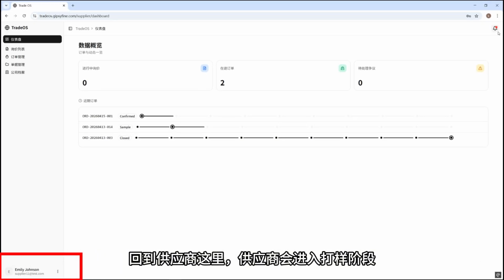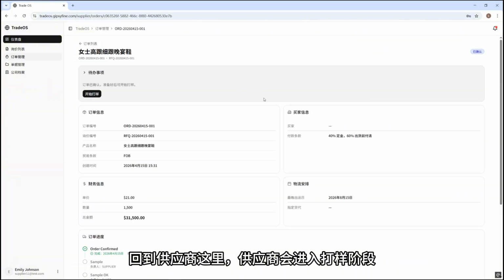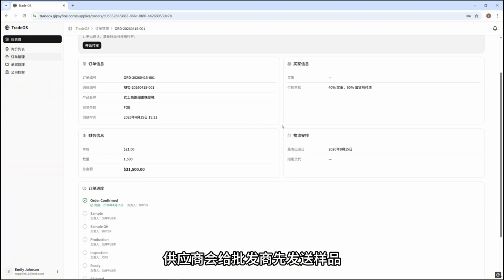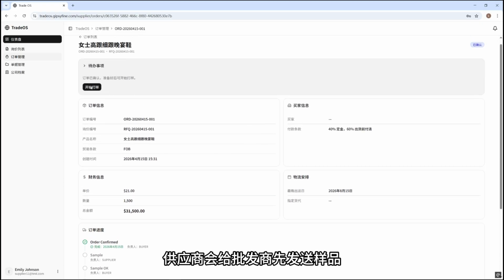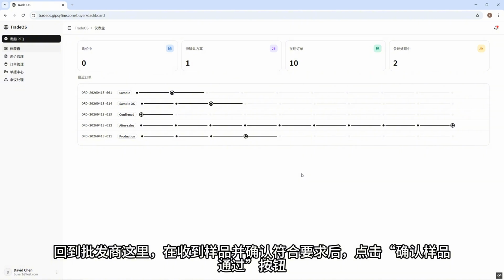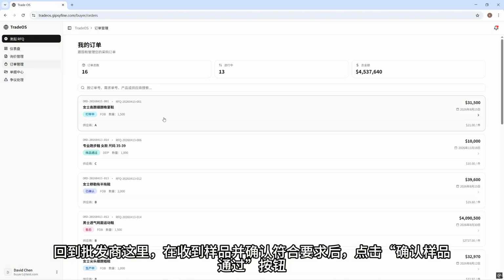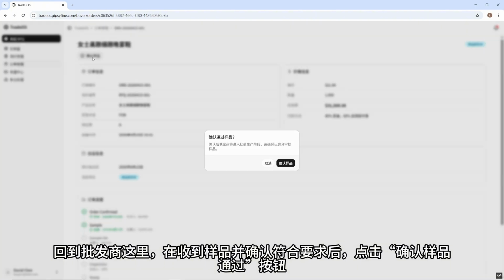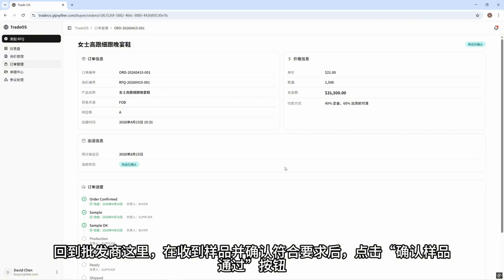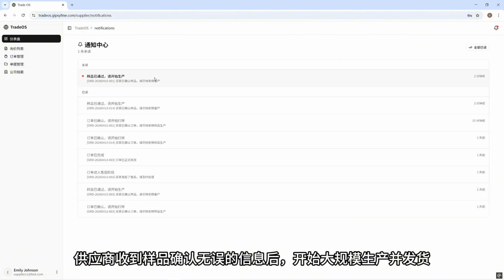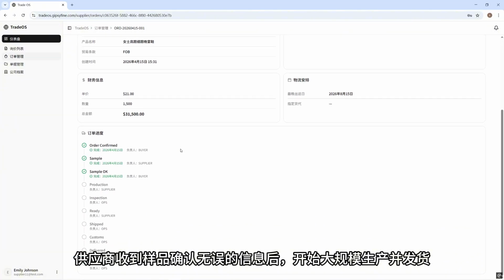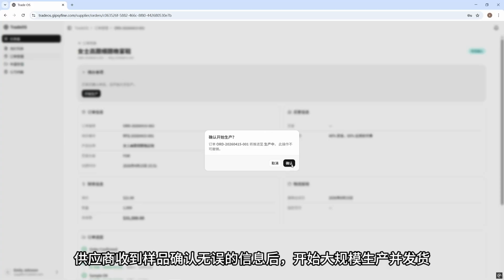Back to the supplier, who will then proceed to the prototyping stage. Suppliers will send the samples to the buyers first. Back to the buyer's account. After receiving the sample and confirming that it meets the requirements, click the Confirm Sample Approve button, and we move to the next step. Once the suppliers receive confirmation that the samples are satisfactory, they will begin the mass production